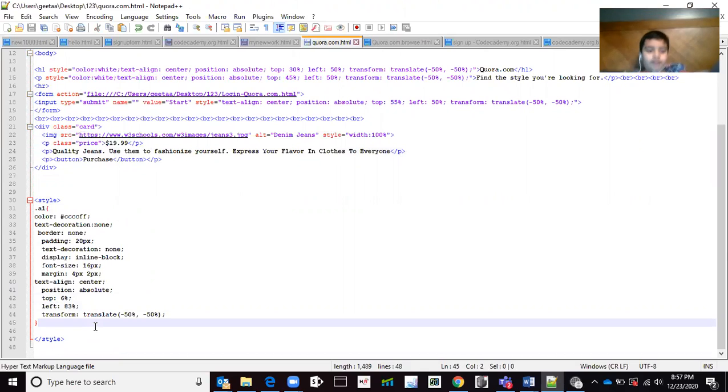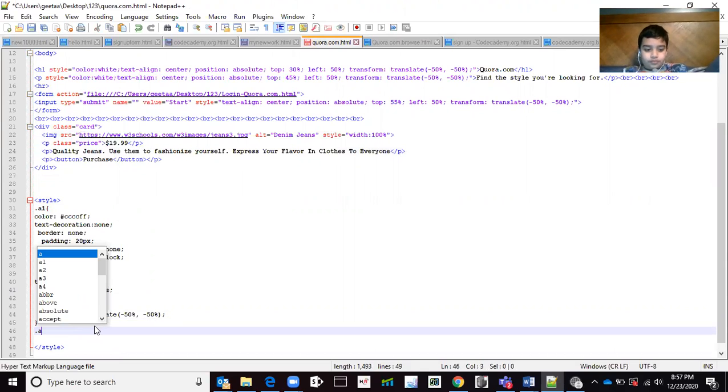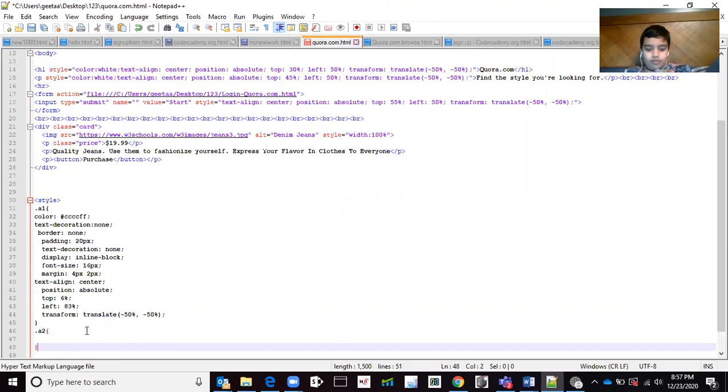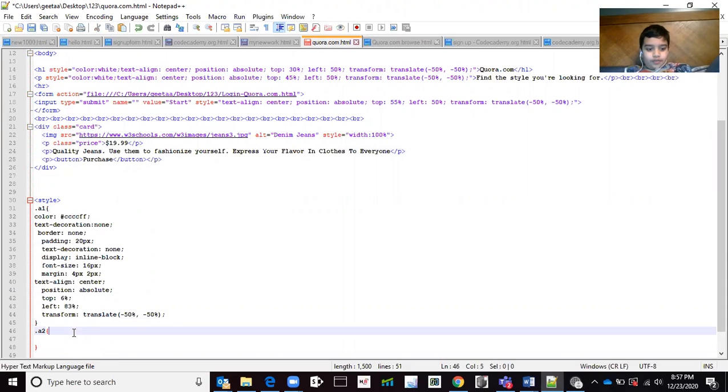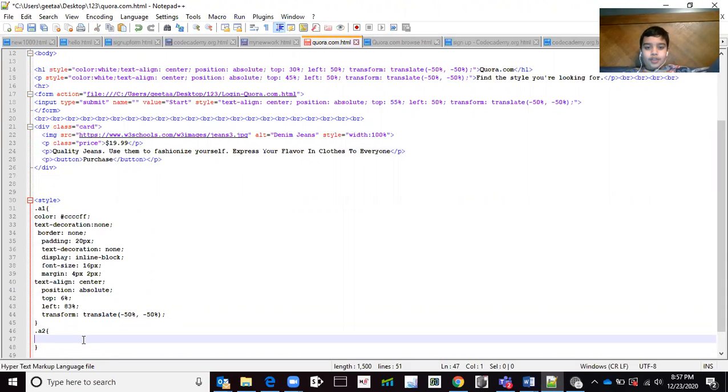So we left off with A1. So now we're going to start with A2. If you guys do not know, we're building an e-commerce website, a website used to purchase items. Now, it's just a sample website, basically a showing off website that you can show to your friends, family,